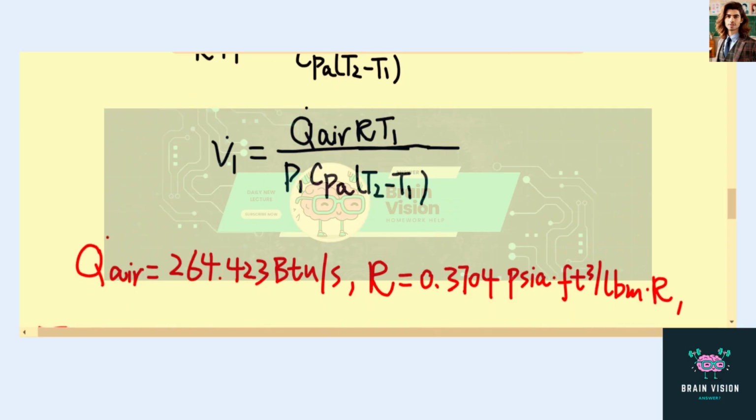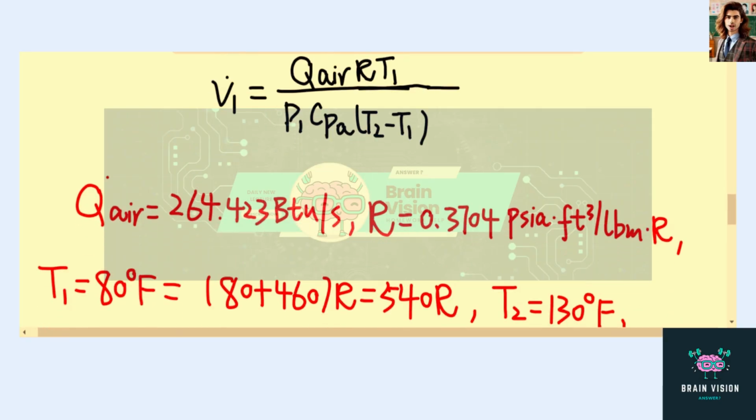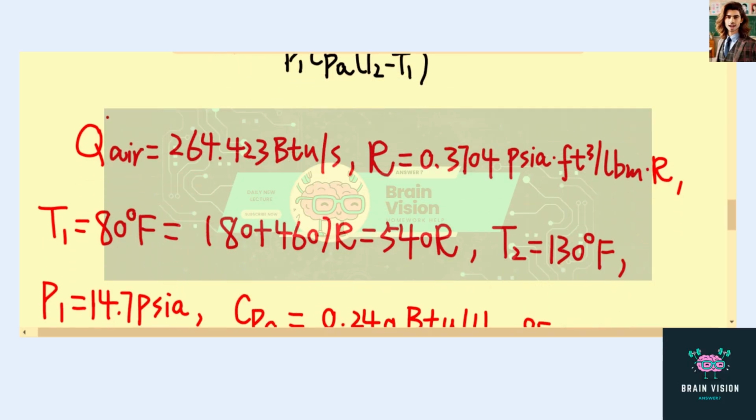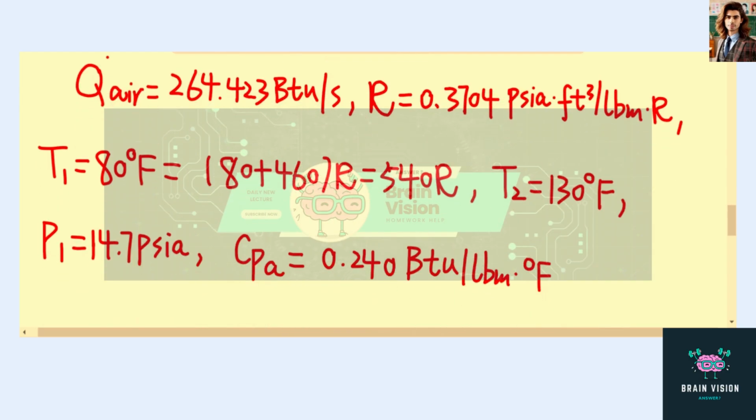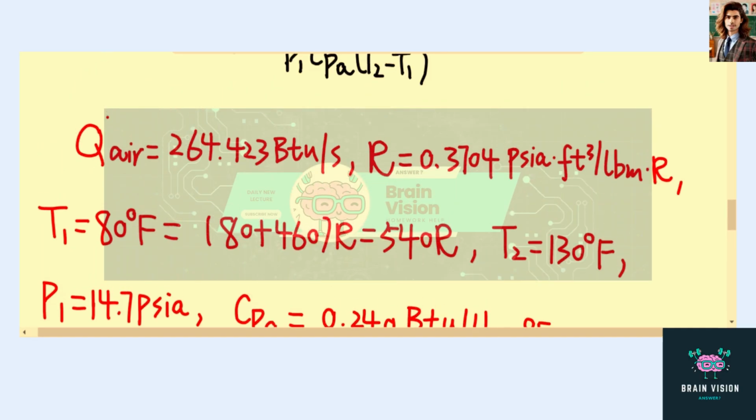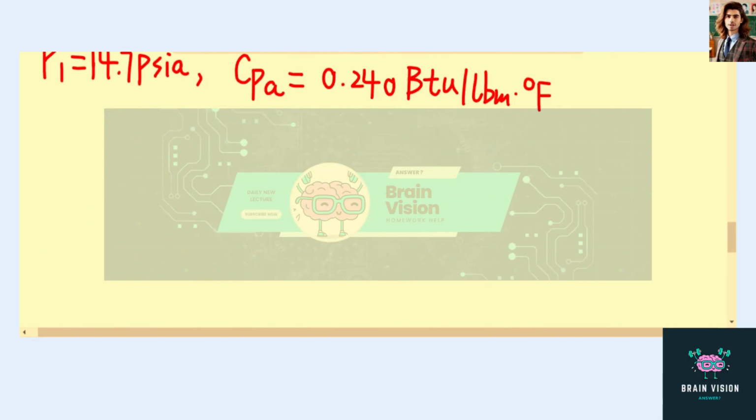So we know the rate of heat transfer into the air, and the gas constant of the air is 0.3704 psia times feet to the power 3 per pound mass times Rankine. And we know T1, which is 80 degrees Fahrenheit, if you convert it to Rankine, it's about 540 Rankine. And then we know T2 is 130 degrees Fahrenheit. We know P1 is 14.7 psia, and the specific heat for the air is 0.240 British thermal units per pound mass times degree Fahrenheit. So now let's plug back into the equation to determine the inlet volume flow rate of the air,